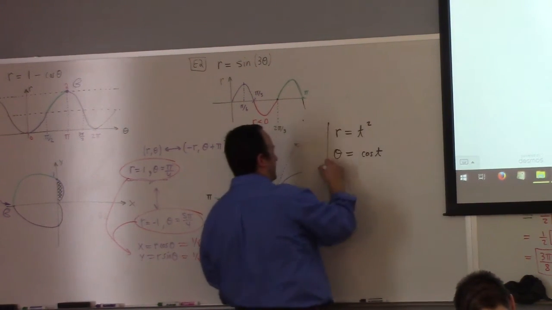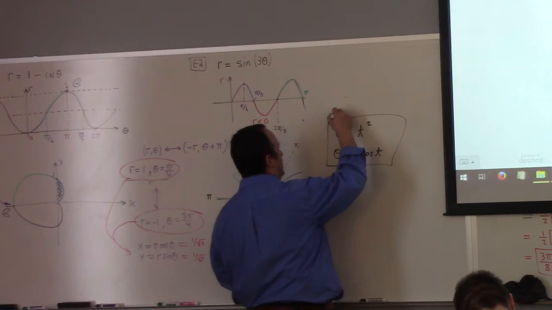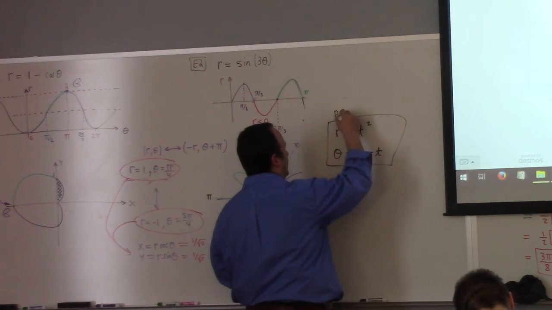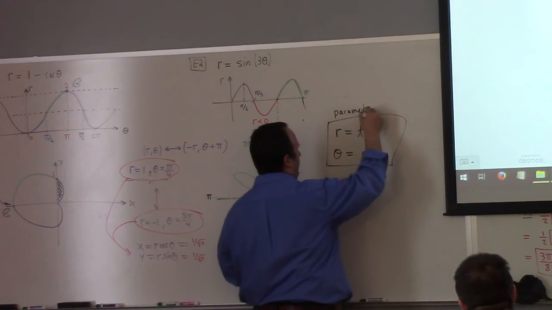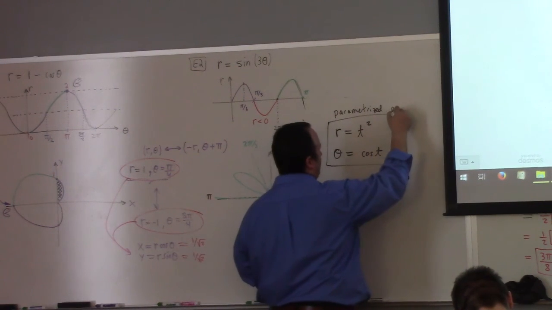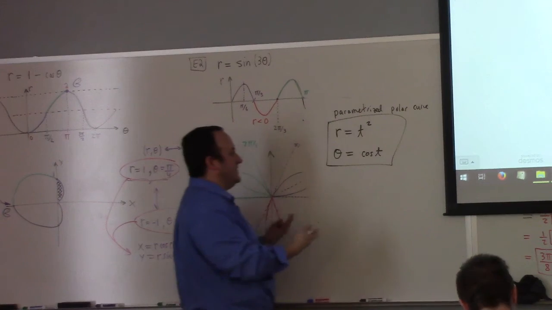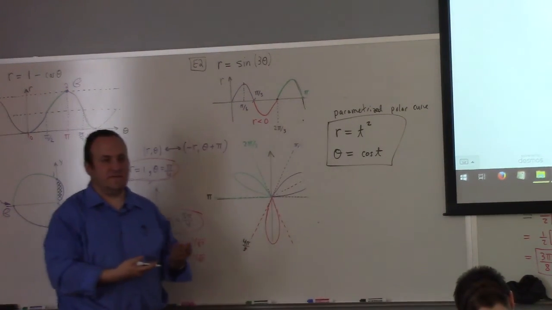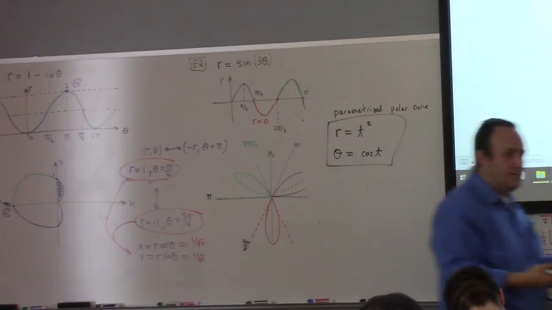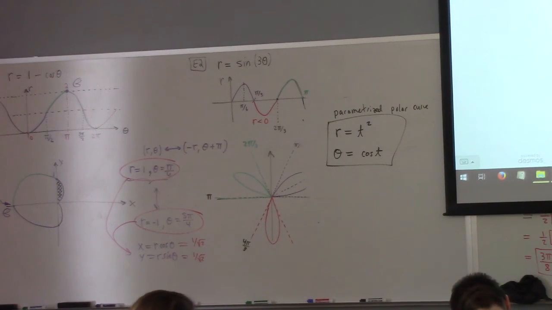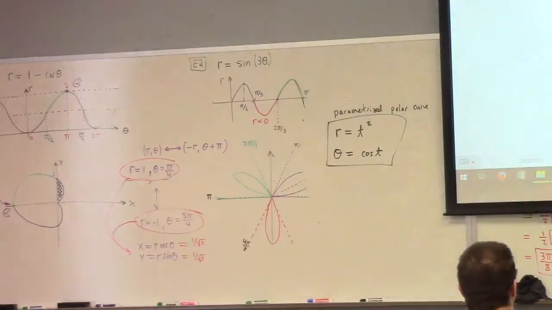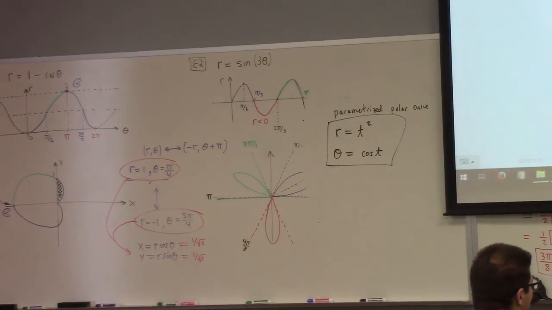This would be an example of a parametrized polar curve. So what does that mean? This is just a slick notation for a very specific kind of path. How is that interpreted in terms of what we've already done? If you had to give me x as a function of t and y as a function of t,